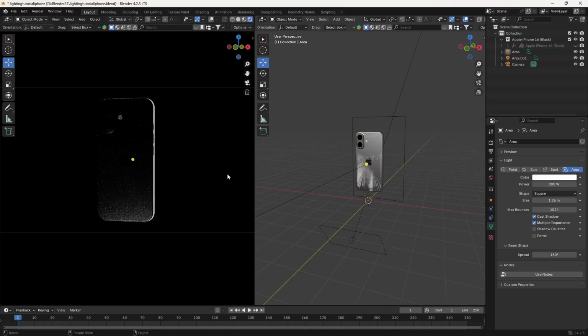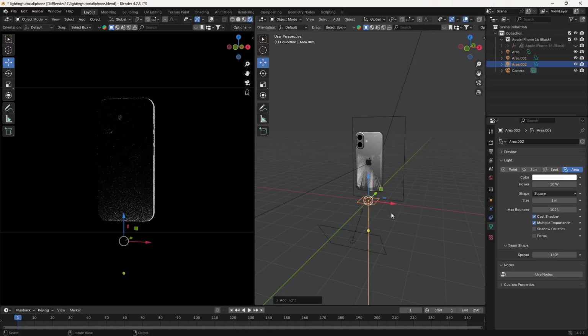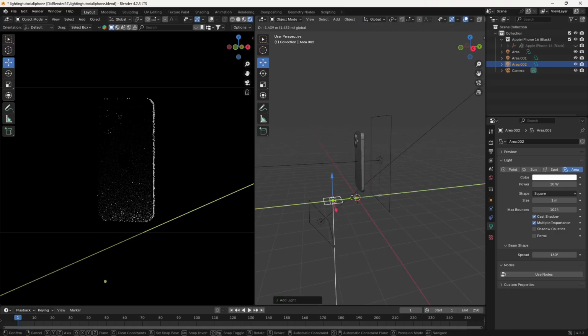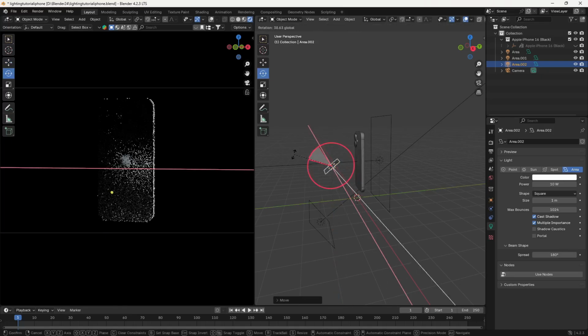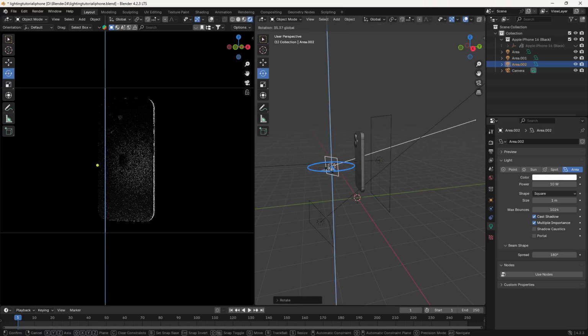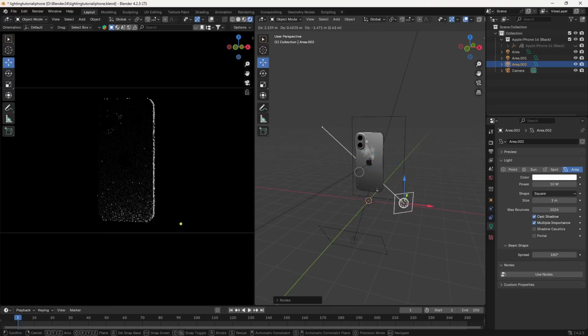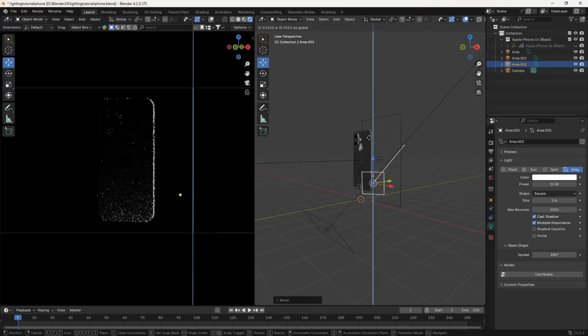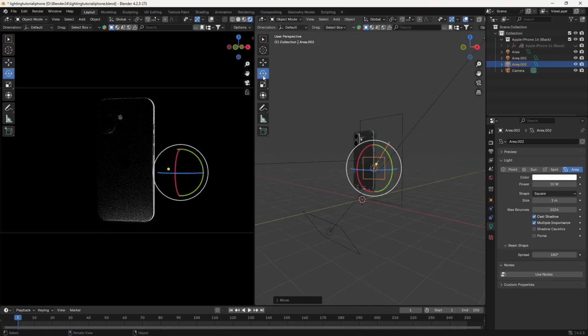Now what you can do is create one more light. So let's press Shift A, go to lights, and create an area light as well. Let's move it outwards here. Let's take it upwards, and let's rotate it, something like this. So we get something like this here. And let's move it around here. Let's keep it upwards, and take it to this side. And now you can rotate it as well.